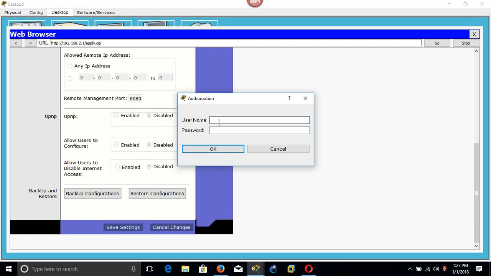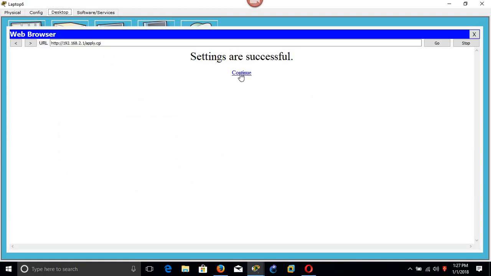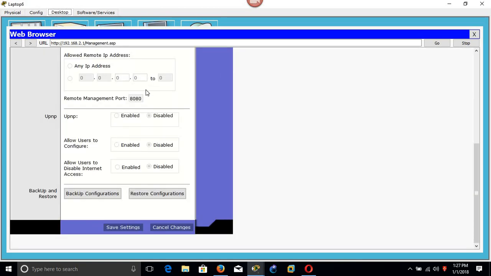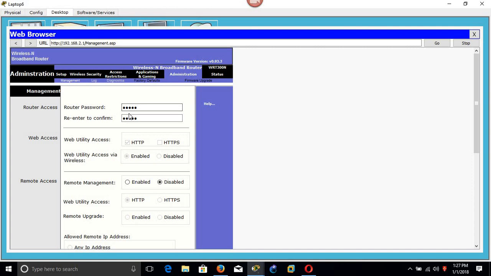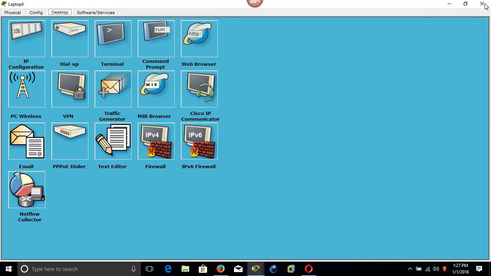Here we have to authorize the credentials we have entered. Admin, Cisco. Then okay. Now it is successful. From this time, we will be able to log in using the credentials we have changed.